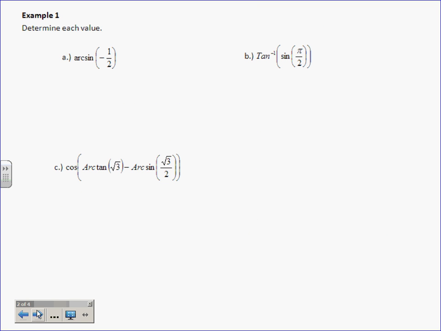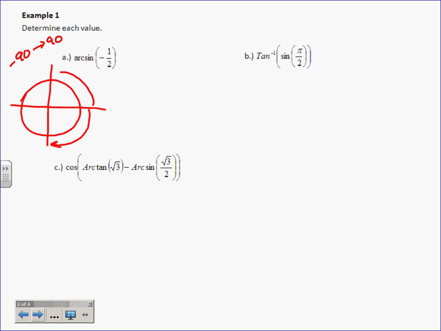Let's see what we're talking about here. Let's start with a simple one. Arc sine of -1/2. Now, real quick, sine, I like to write off to the side, has to be -90 to 90, right? That's where my answer has to be. Is that the principal range? Yep. And so what we have to do is say, all right, well, where is that? So in other words, if it's saying -90 to 90, it's basically saying stay in those two quadrants, right? Isn't that really what it's saying? Stay in quadrants 1 and